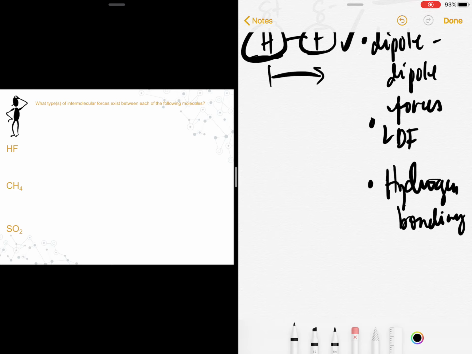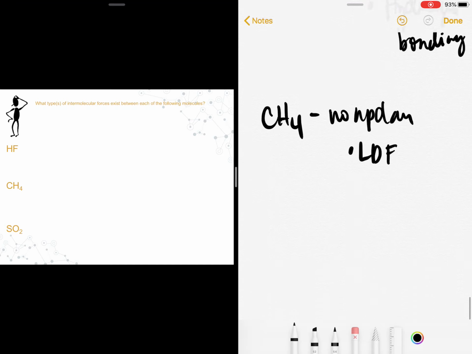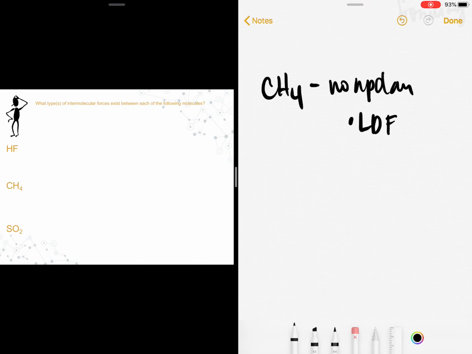Yung methane, na-discuss ko na kanina, no? It's a non-polar molecule. So, kapag non-polar molecule, di ba, walang net dipole? So, kapag non-polar molecule, automatic, anong forces of attraction lang meron sa kanya? London dispersion forces lang. O sige, I'll give you 2 minutes. Try answering sulfur dioxide. Sige, try it on your own. Tapos, saka ko sasagutan. Okay? So, sulfur dioxide, ano bang itsura ng